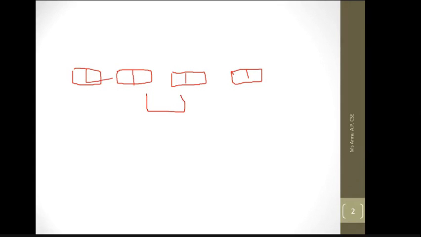Okay, what you actually need to do in such kind of situation, whenever you are having the address of a node and you need to insert before that node, because in single linked list we are having some limitation, we cannot access the previous node. So what we can do in such situation, if you need to insert at this given position, and position is not given to you, actually the address of this node is given to you, and you need to insert this new node before the 3.